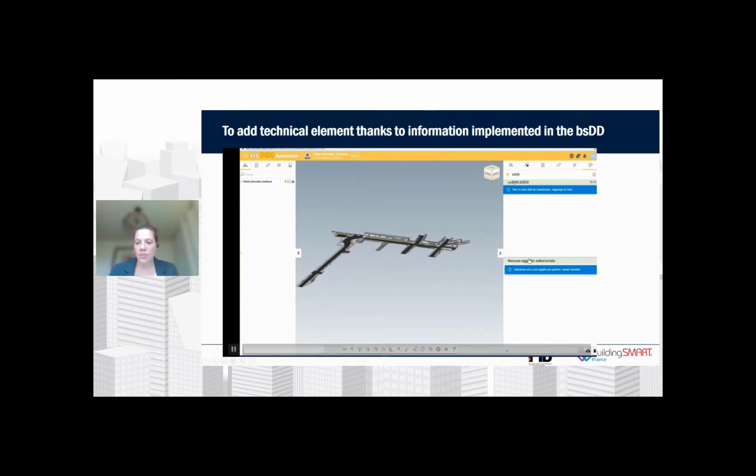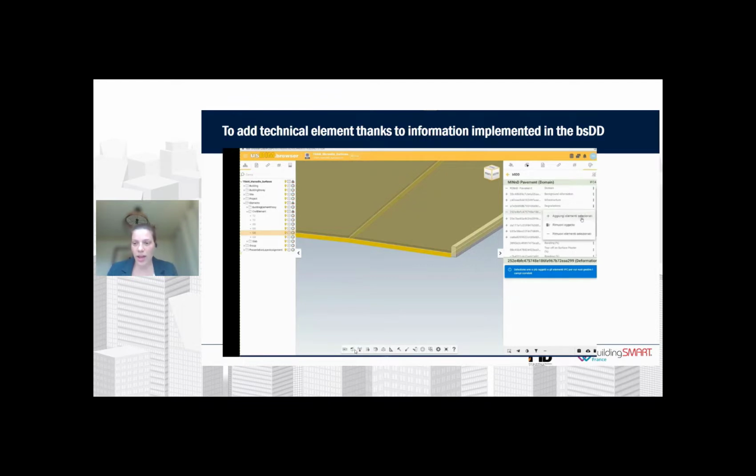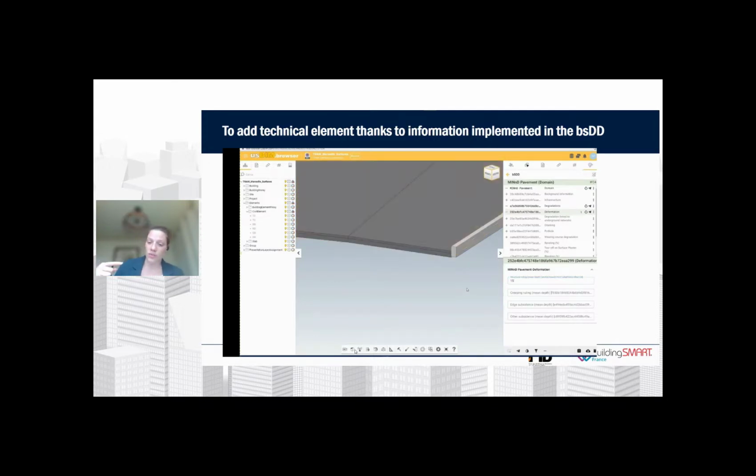And in this mine pavement BSDD, we are going to select, because you see the tree of the information, an information regarding the deformation, to add the different parameters we talked about just before.